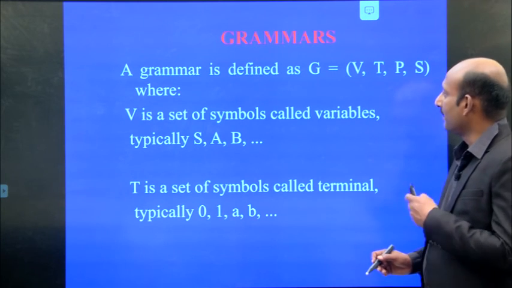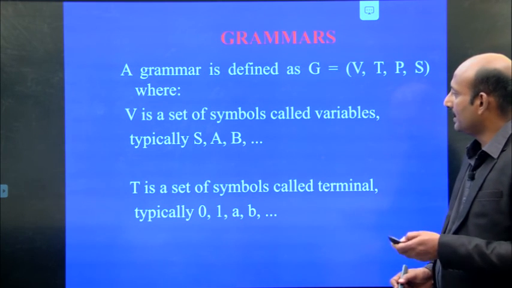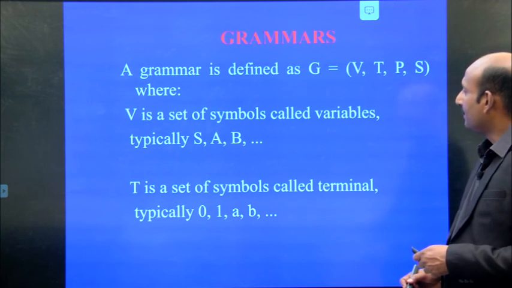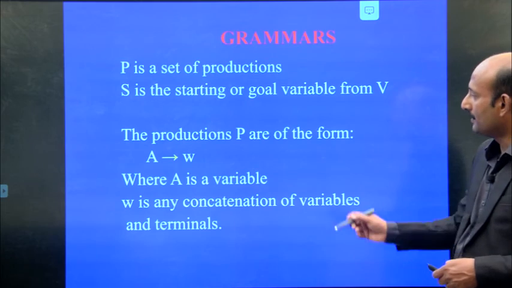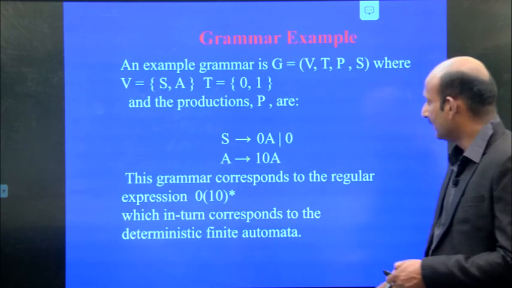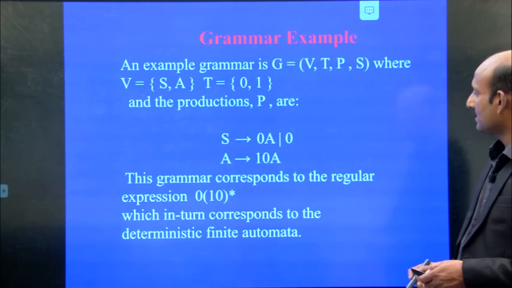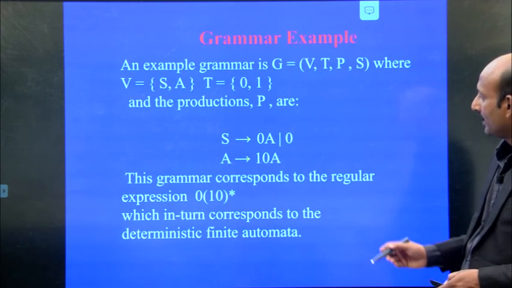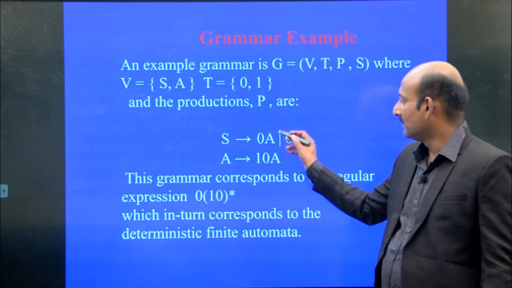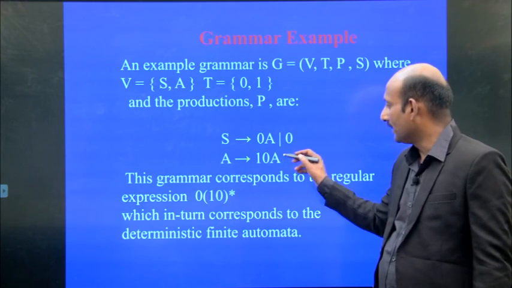Next, we can go for the same, explaining this grammar. A grammar is defined as V, T, P, S, the set of symbols, variables. Just recall these variables, terminals, productions like that. If you have productions A gives w, where A is a variable on the left hand side and w is the right hand side. So these productions are in this form. If I give productions like this, we can substitute: S tends to 0 A or 0, where A tends to 1 0 A.